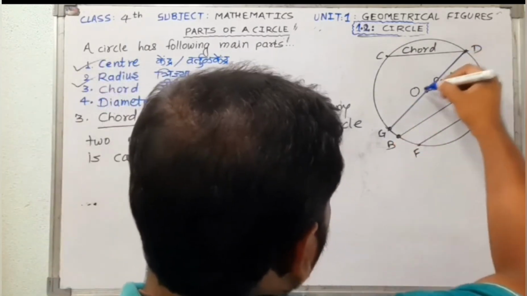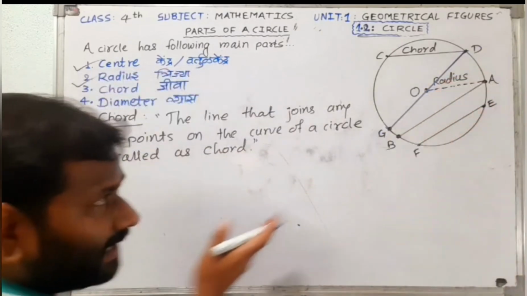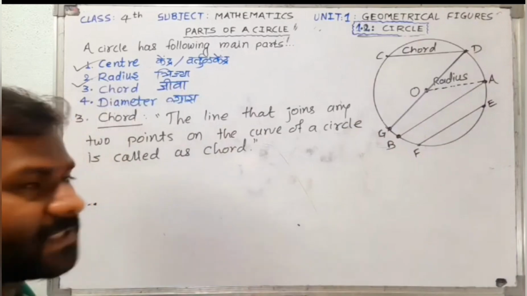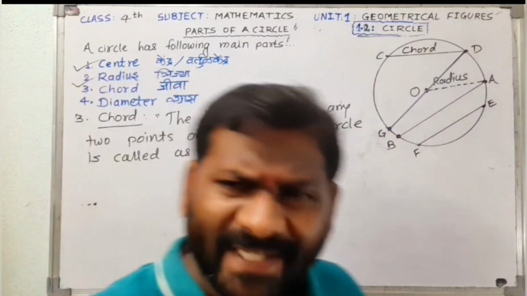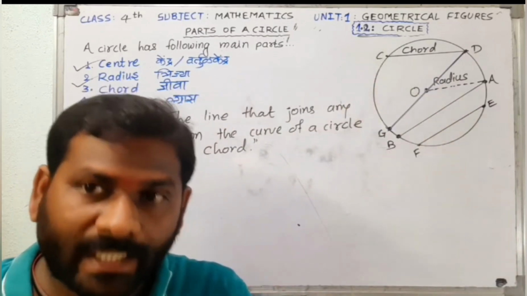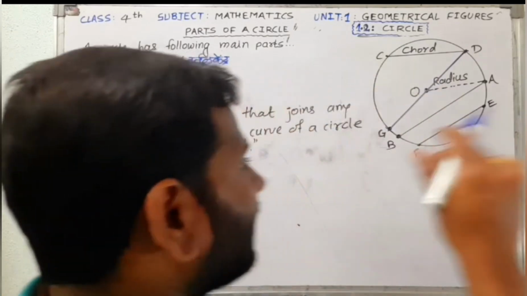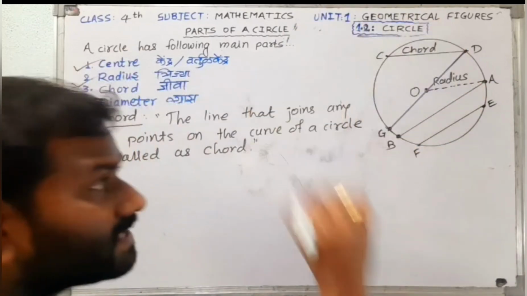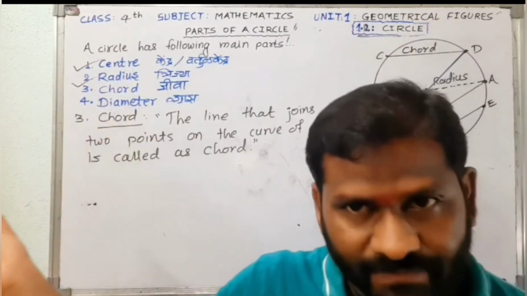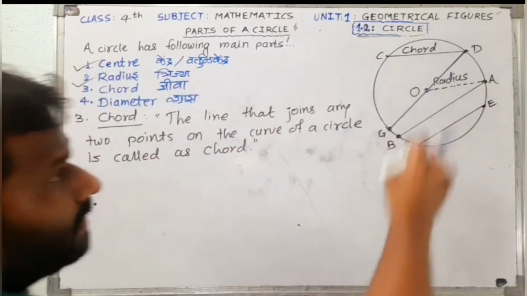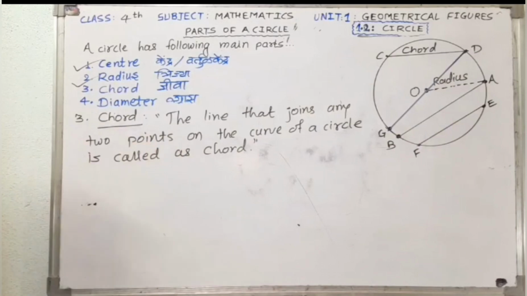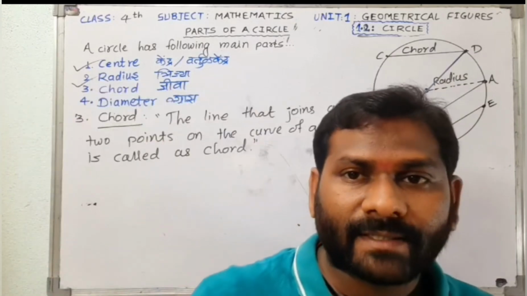So if I connect D with O and then O with G, a line that passes through the center of a circle and joins 2 points on the curve of circle, what is it now? Is it a chord? Yes, it is the biggest chord of the circle or largest chord of the circle, and largest chord of the circle is the diameter of that circle. That concept we are going to learn after this. Okay, so dear friend, DG or DOG is also the chord, but the special name is given, that is diameter.